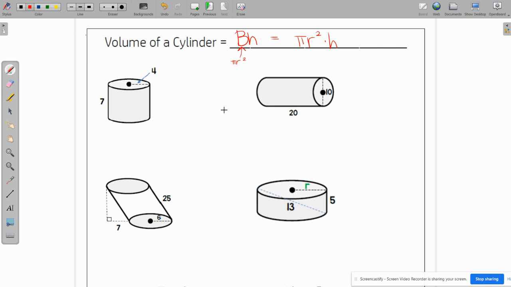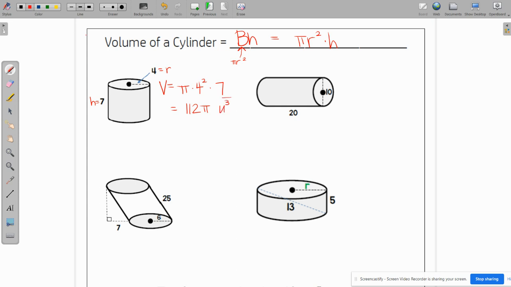So for our first example, we can see that 4 is the radius of the circle and 7 is the height of the cylinder because that is perpendicular to the base. So our formula for the volume would be area of the base, which is pi times the radius squared, or I guess I should go ahead and fill that in, pi times 4 squared times the height, which is 7. So 4 times 4 is 16, and 16 times 7 is 112. So the exact volume would be 112